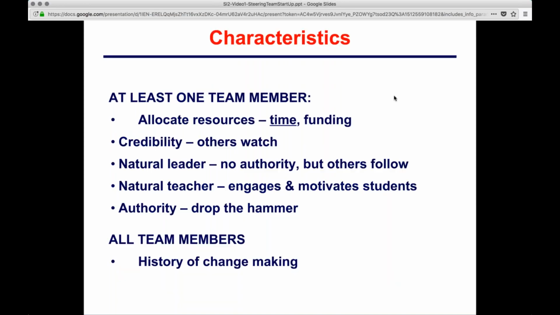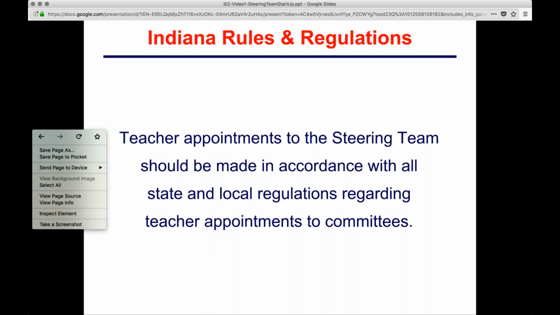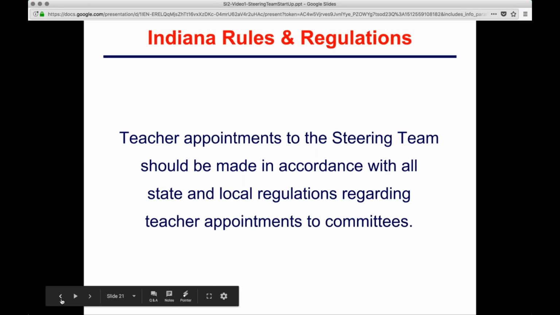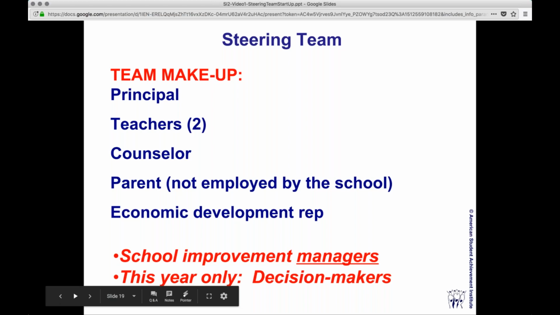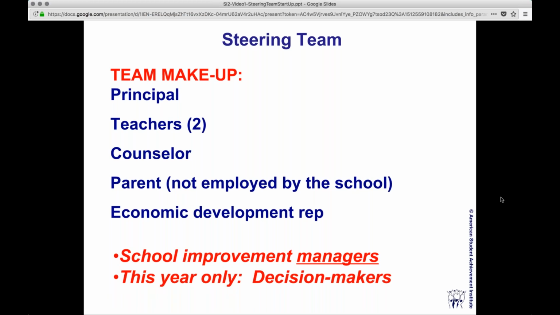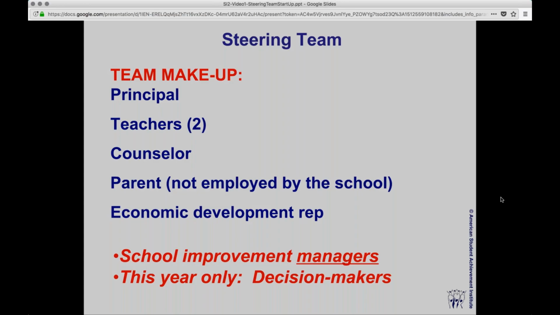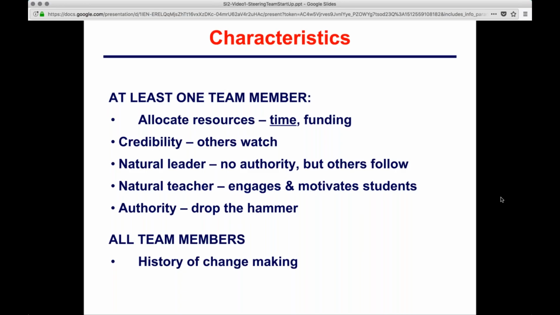And the school improvement managers, this year only, you're the decision makers, but in years to come, like Amy said, you will be the worker bees. The characteristics of the steering team is at least one team member will be that allocator of resources with time mainly and funding as needed.